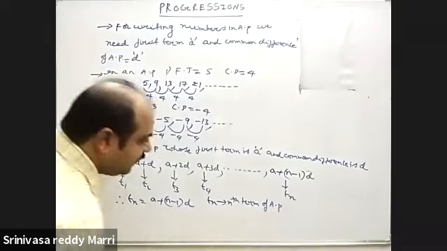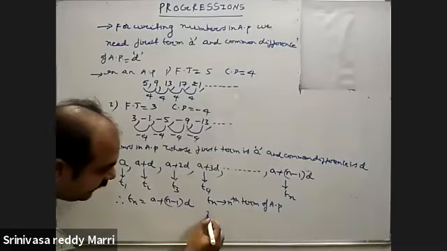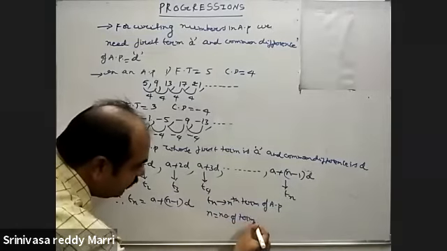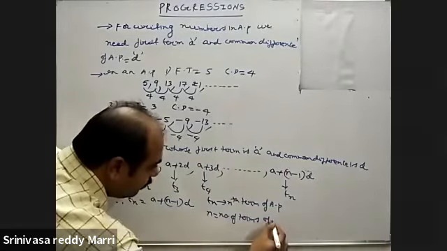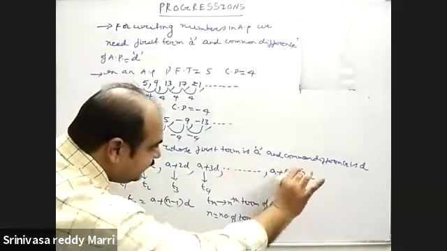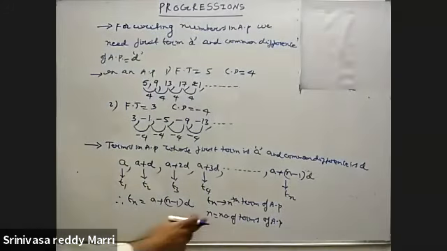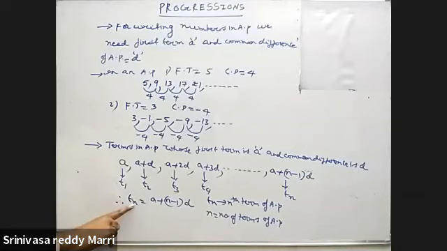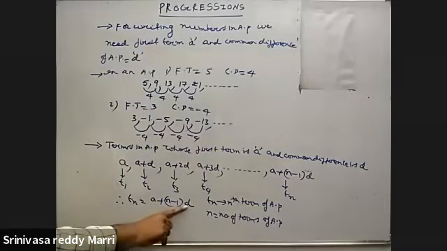Nth term of AP. Now n is called the number of terms. N is the number of terms of the AP. Here n terms are there. That's why n is nothing but the number of terms. This is the last term, the nth term. Look at this. This is the formula for calculating any numbered term.